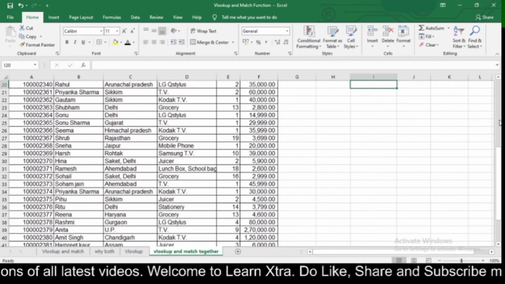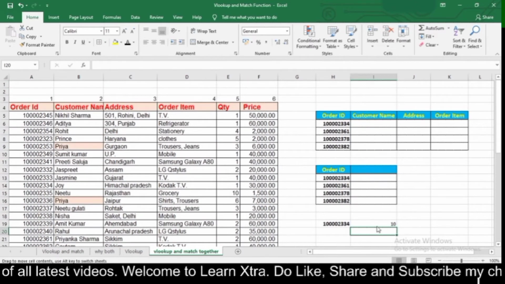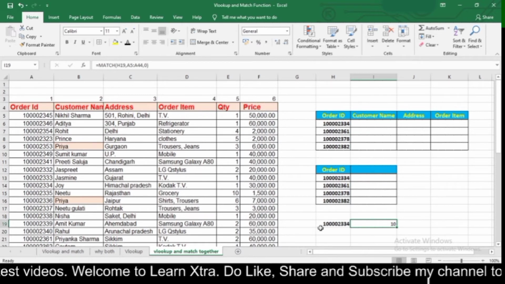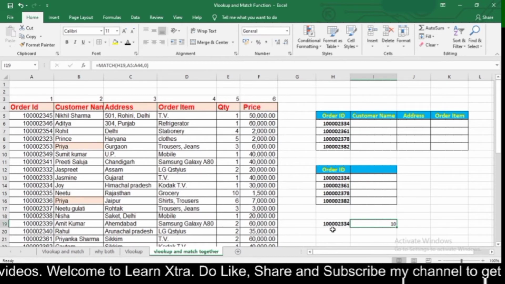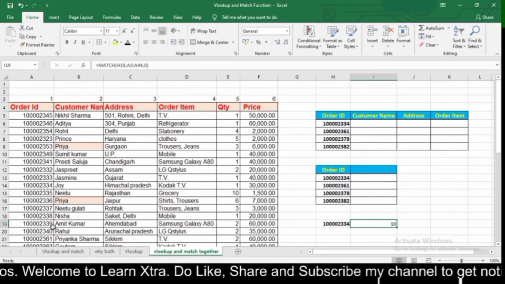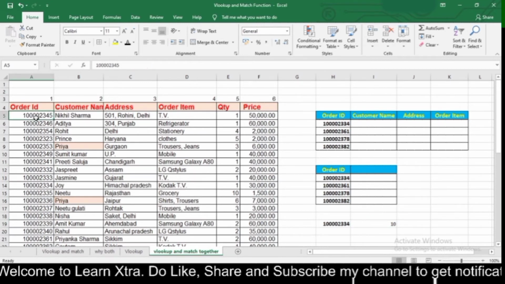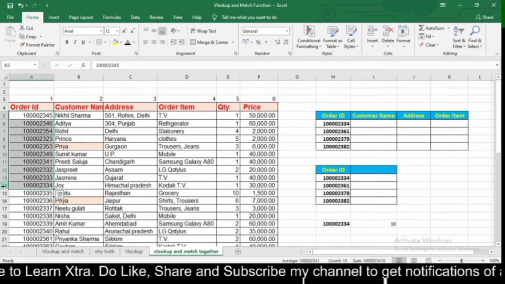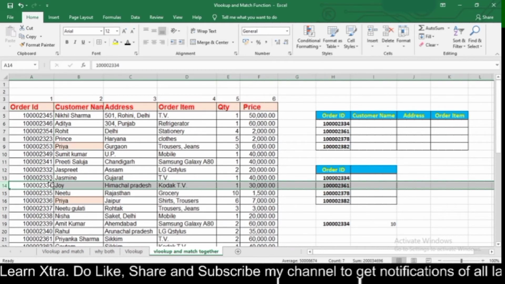So here I got my answer as 10, which means that my order ID, which is 100002334, is in row number 10, which is here. Joy, that is 100002334.